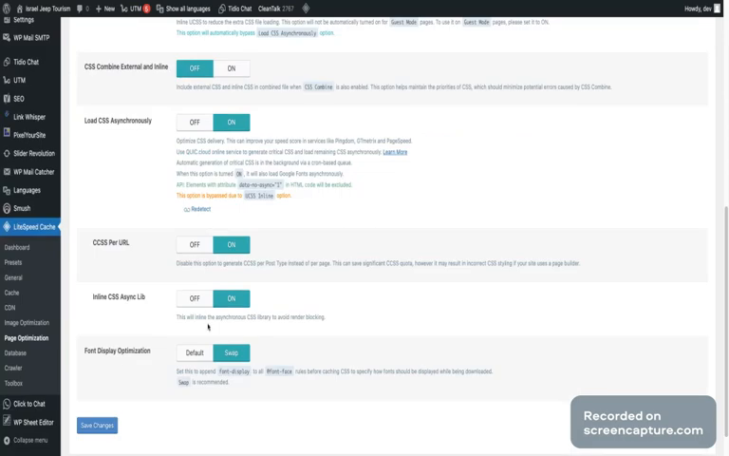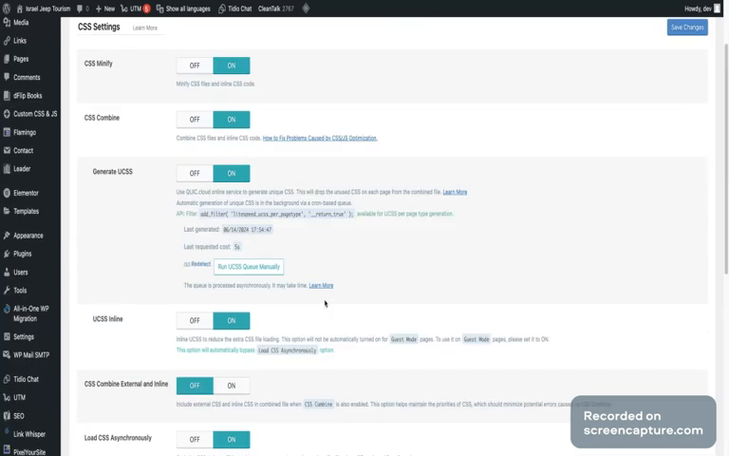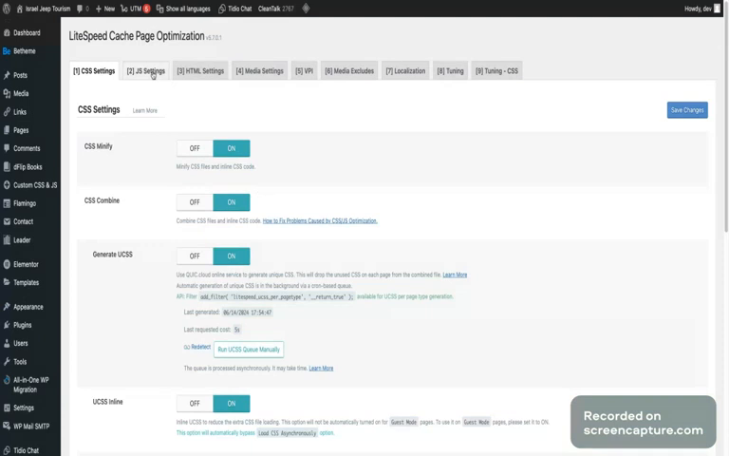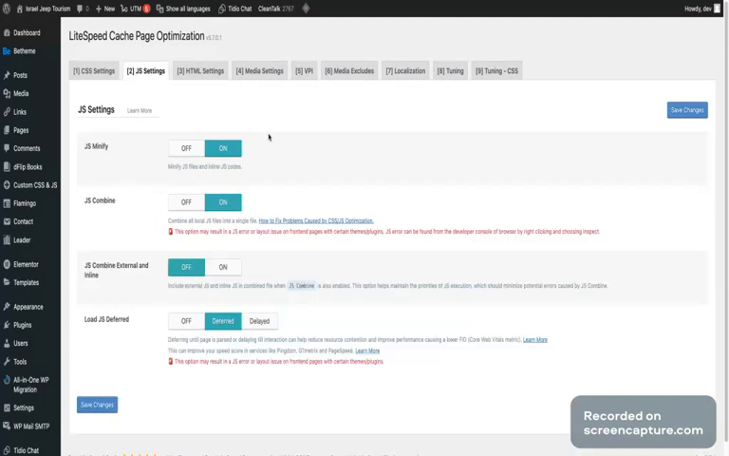Then on the font display optimization, of course, we prefer the swap setting. So that's the recommended. And after the changes, of course, save changes, click the save button. Then the JS, turn off the minifying and combine JS, except on the external and inline. So turn it off since it broke